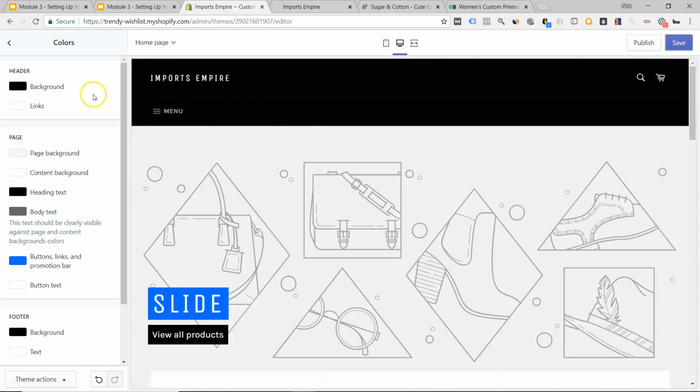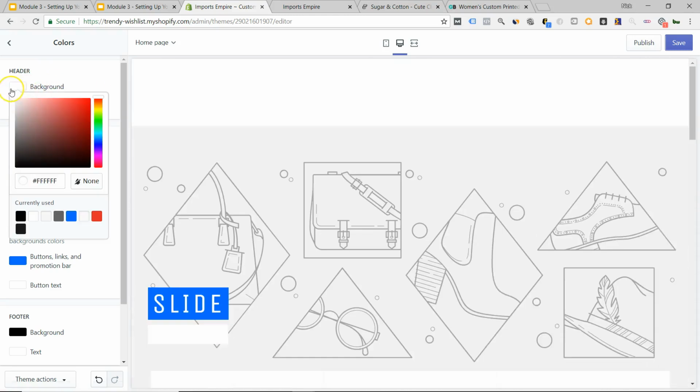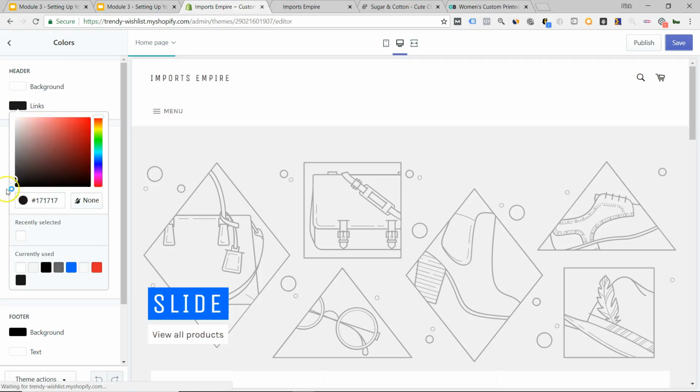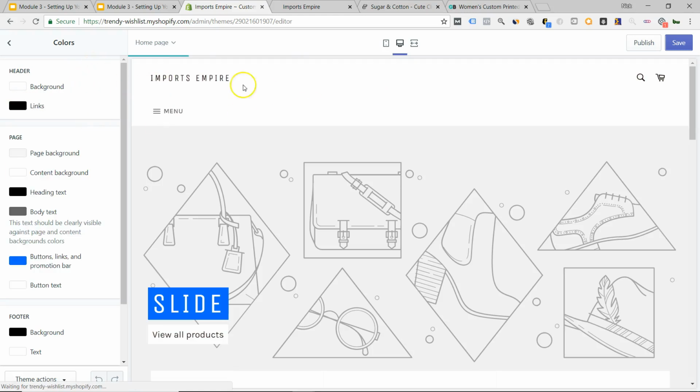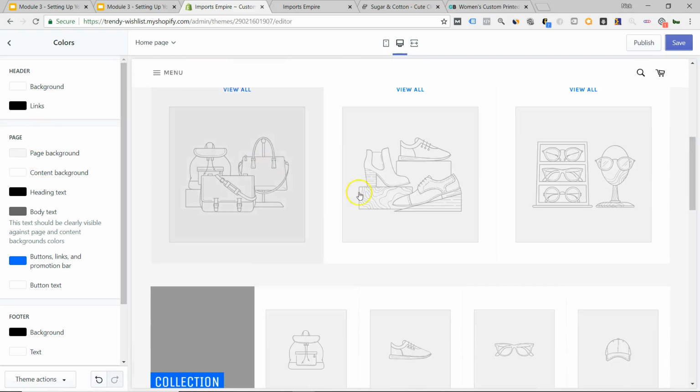So what do you want your header background to be? Do you want it to be black? Do you want it to be white? You know, if your header is going to be black, then the links have to be white, or if it's white, then the links have to be black. Page background, what they're talking about here, you can see the background,